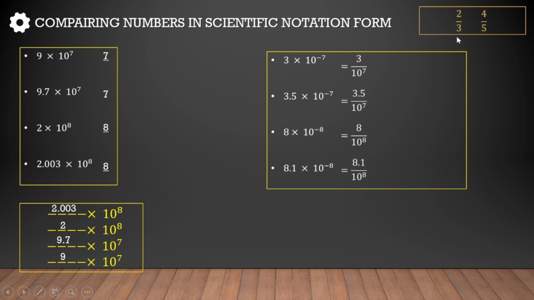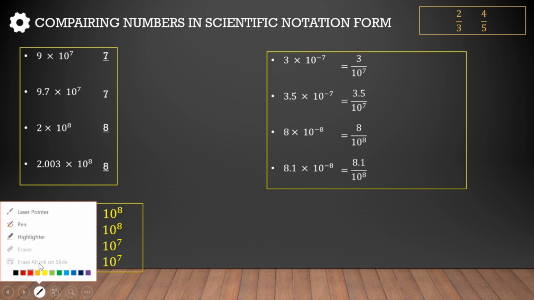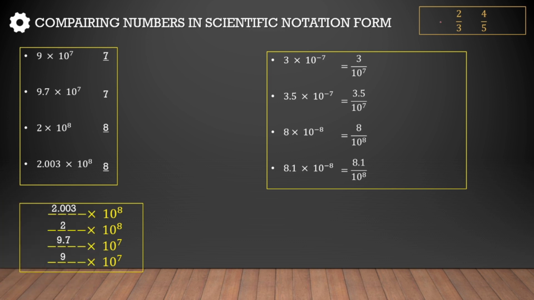Suppose these are two fractions. This is 2/3 and this is 4/5. Something has been divided into 3 parts and something has been divided into 5 parts. Where is the piece size going to be big? Here the piece size is going to be big and here it's going to be small. So this is a 1/5 piece and this is a 1/3 piece. So here it is 2 such pieces and here it is 4 such pieces.